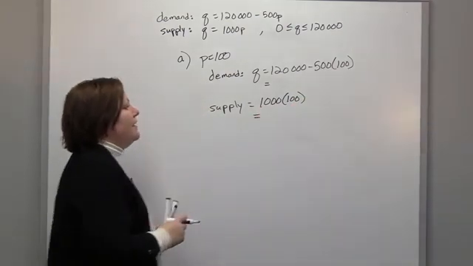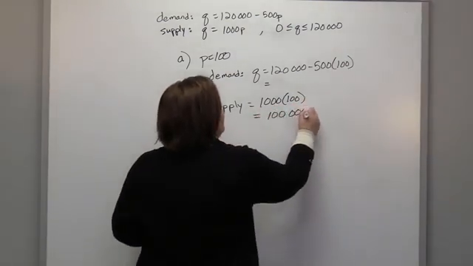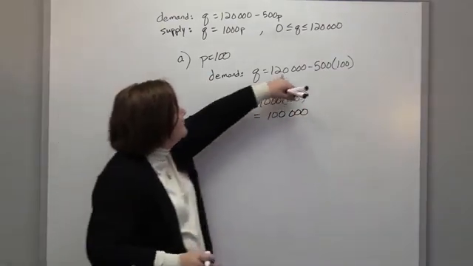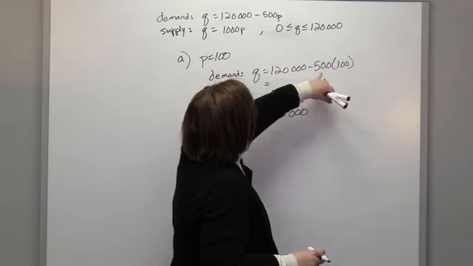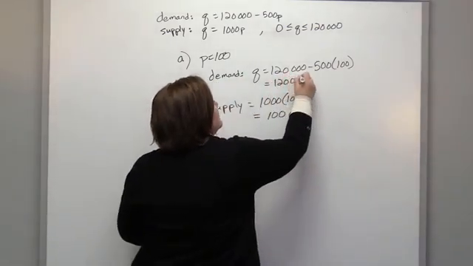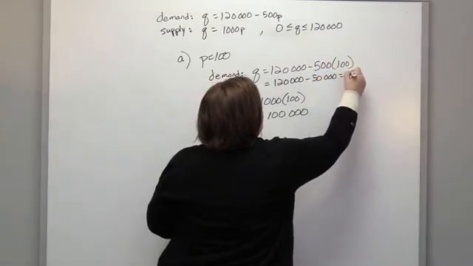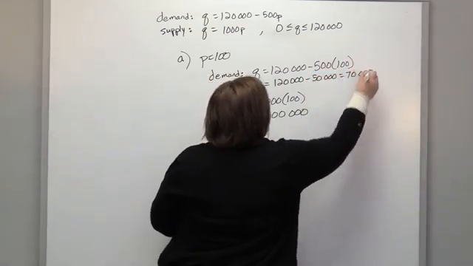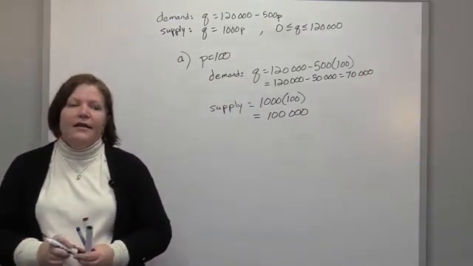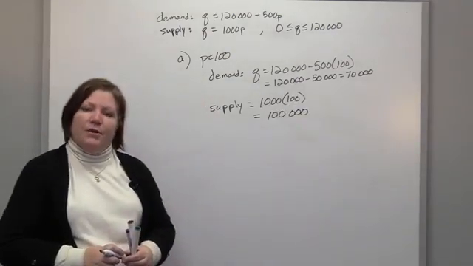Lots of zeros going on, and so we would have 100,000, that one's the easier one to deal with, and for this one we would have 120,000 minus 50,000, or 70,000. Another part of this problem is they're asking, based on these numbers, would you expect the prices to be